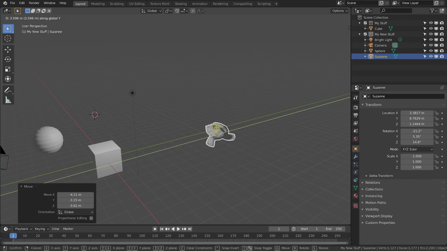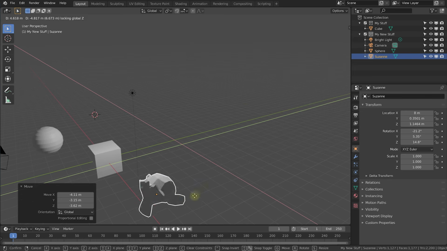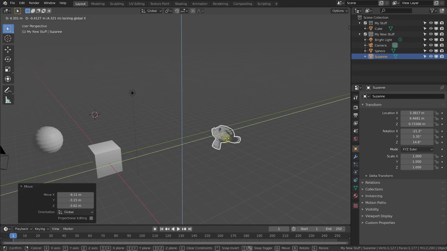Now, if you want to constrain the movement of this monkey head to a plane, like let's say just the XY plane, you can press Shift and Z. So that means move the monkey in anything but the Z direction. So not up and down, but I can now move it within the XY plane. If I go Shift and X, I can move it into the Z and Y direction, but I can't move it on the X axis. So this kind of gives you a really nice way to control exactly how and where you want to